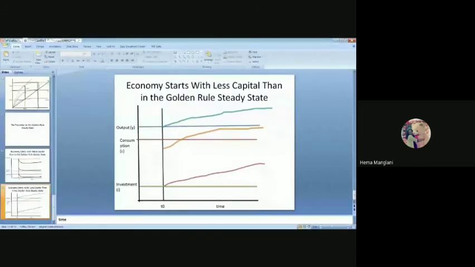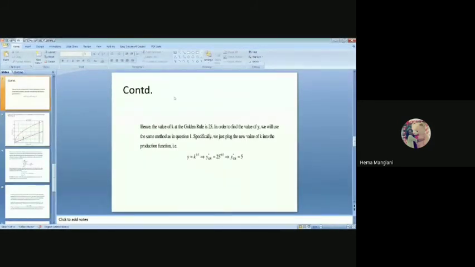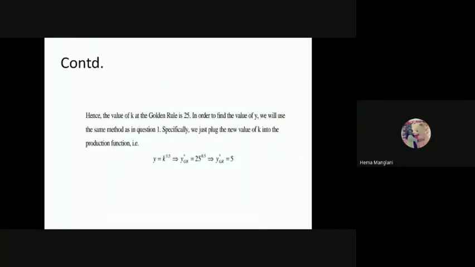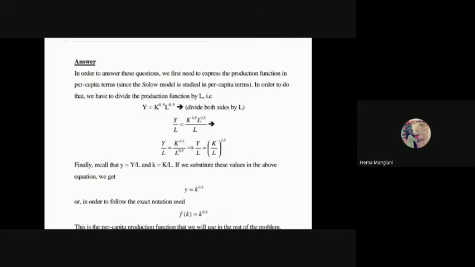But what we are doing right now is our mathematical portion. Is that visible now, the same slides which we were discussing? Okay. So this is our golden rule of output and the golden rule of capital, that is 25. So everything is clear now. Okay. Let me go on.